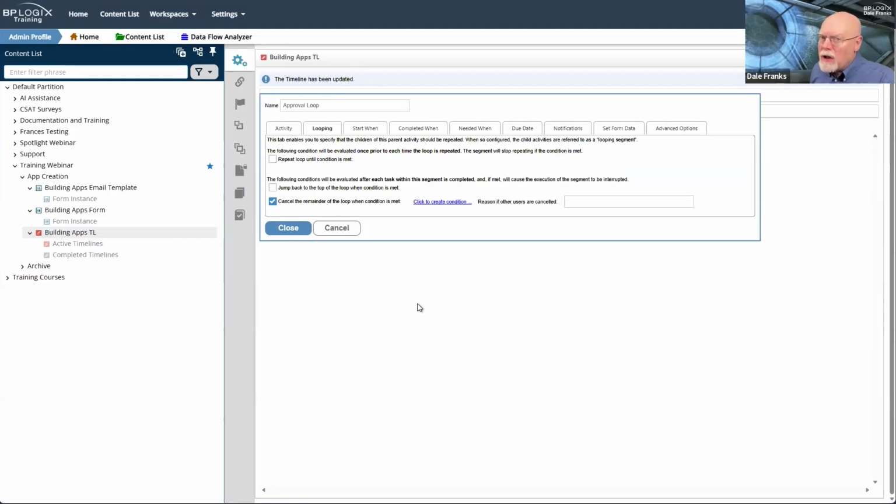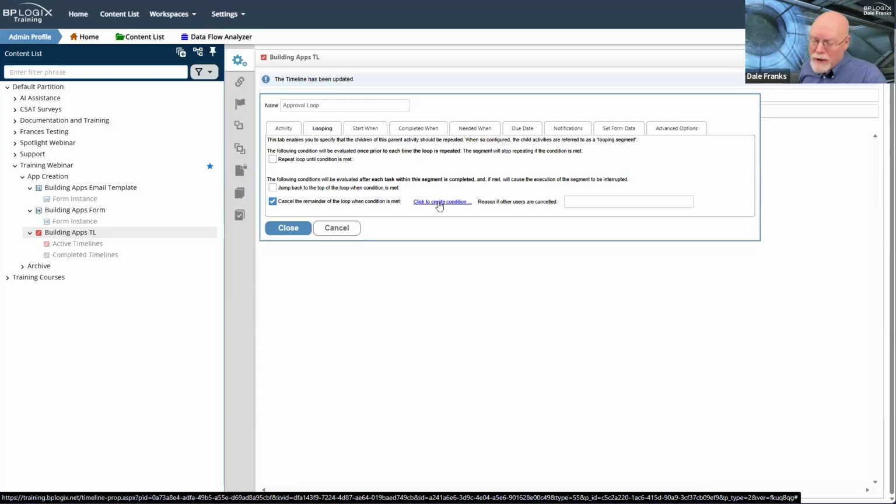This is going to lock you into some design choices. For example, it is going to lock me in to a design choice of having a result named deny on all of the user activities that occur inside this loop. So I'm going to create the loop, then I'm going to create 1 or 2 approval activities. However many I create, this property is going to require, once it's fully configured, that I have a deny result.